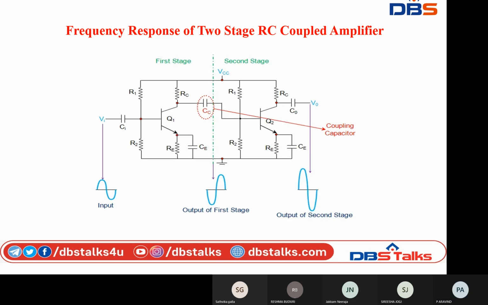See, here the cascading of these individual amplifier stages increases the gain of the circuit. Okay, that is the product of the gain offered by the individual stages, right? So simply we are cascading individual amplifier stages. The overall gain of that system will be the product of the gains of the individual stages. Okay.